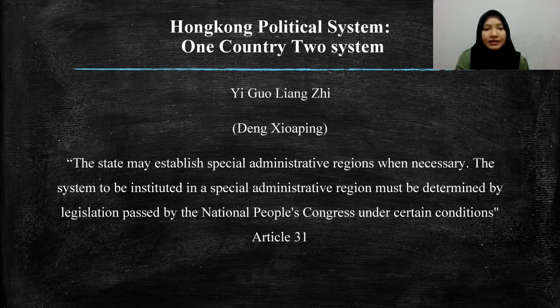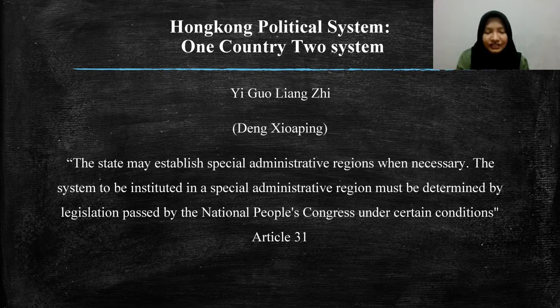The policy was then implemented in the form of special administrative regions, which was later ratified in the PRC law Article 31. The article stated the state may establish special administrative regions when necessary. The system to be instituted in the special administrative region must be determined by legislation passed by the National People's Congress